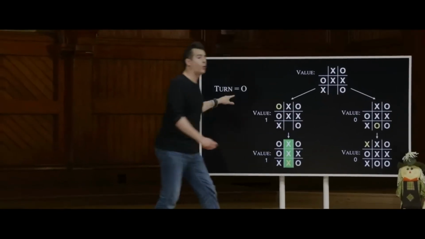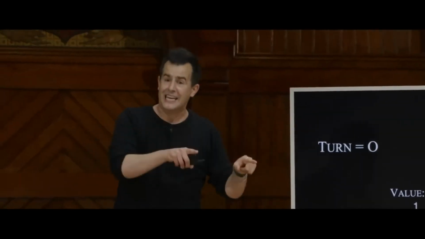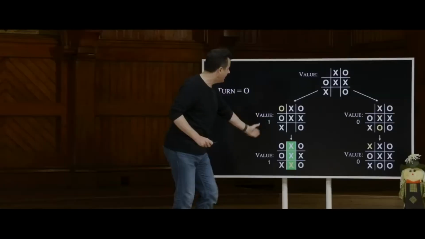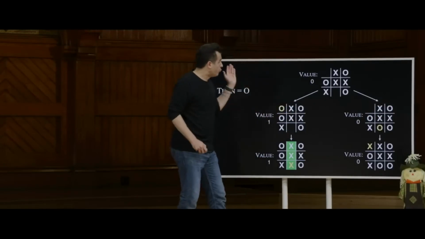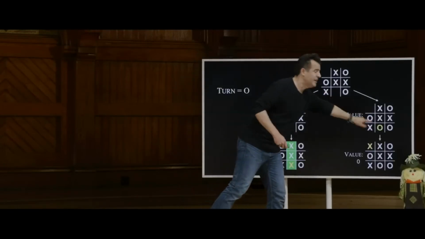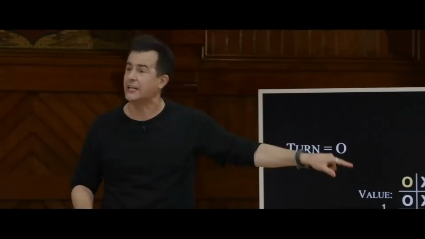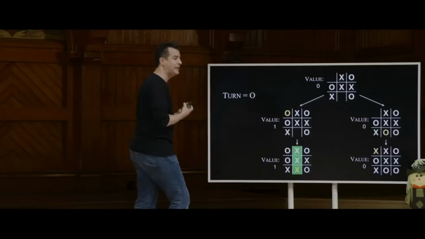Well, if we started the story by thinking about O's turn, O's purpose is the min in Minimax, then which move is O going to make? Go to the left or go to the right? O is probably going to go to the right and make the move that leads to this board, because even though O can't win in this configuration, at least X didn't win. So it's minimized its score relatively, even though it's not a clean win.